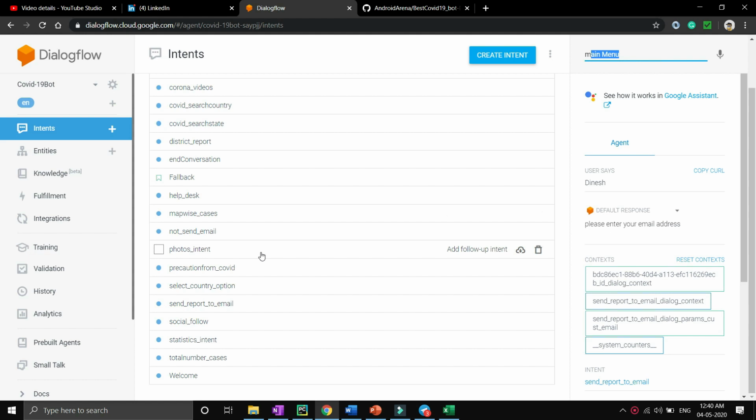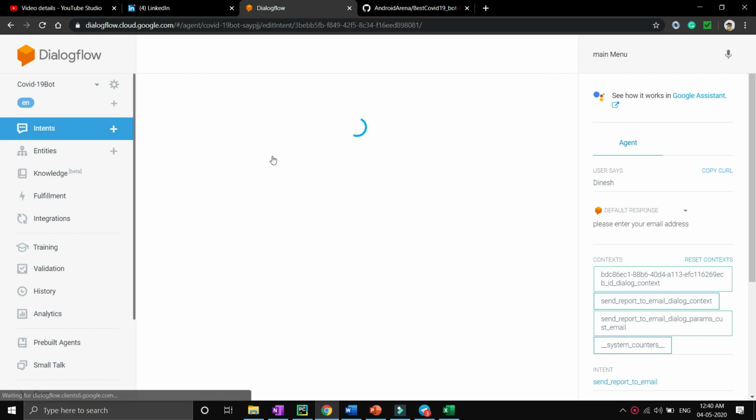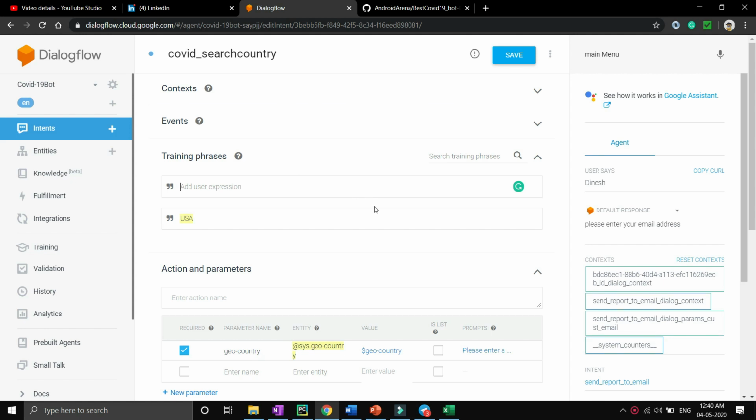Now let's assume that we have to connect some of my intents with Python and Flask. So let's assume that I have to send India to my Python Flask, so that my Python Flask will extract or parse the particular request which has India in it, and it will send it to the Rapid API, so that the Rapid API will give the response back, our detailed report of India. Then our Python Flask will send the report to Dialogflow, and Dialogflow will send the response back to the user.